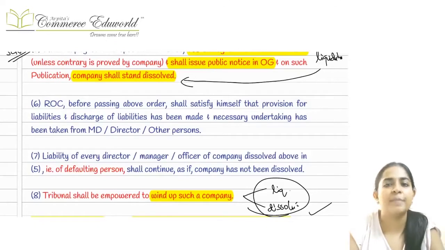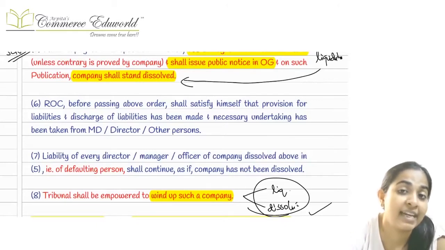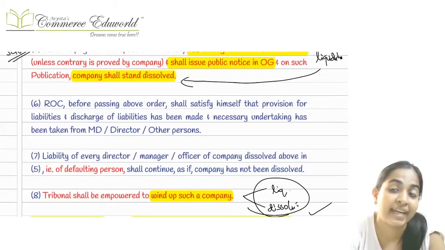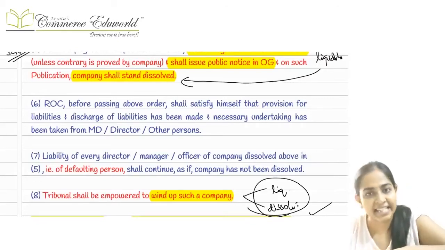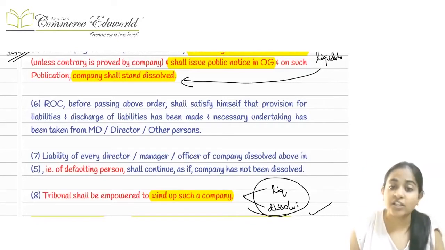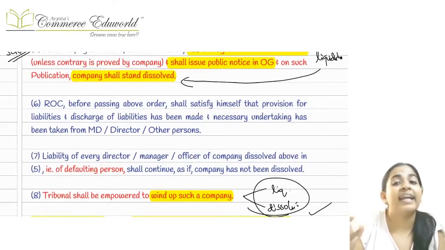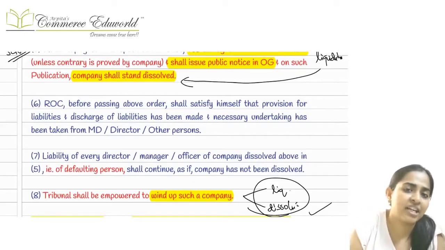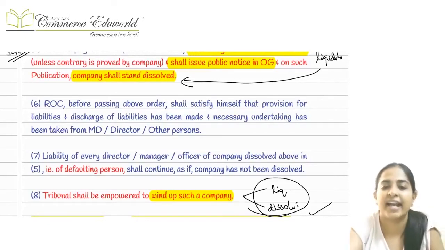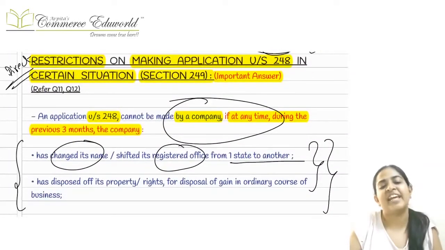Okay, basically winding up is going to happen, that is, first liquidation is going to happen, and then dissolution is going to happen. But this does not relieve the directors from the liability which might arise in future. Okay, if there are any liabilities which can arise in the near future, the directors cannot say at that particular point of time that we are not liable. Okay, directors, managers, etc., officers in charge will still be liable. They will still be liable for any liabilities which arise in the near future. Right?